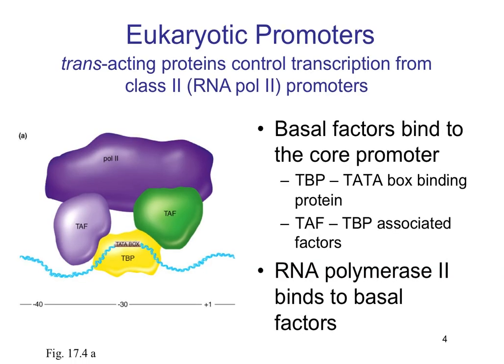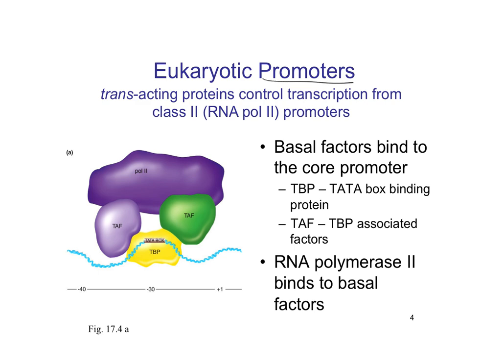Okay, moving on. Eukaryotic promoters. Remember the promoter, the generic on-off. In prokaryotes, we had an operator, a promoter, regulatory sites, terminator, all that kind of stuff. Eukaryotes have a promoter. They do not have an operator. Transacting proteins control transcription. Class 2 genes, RNA polymerase 2 promoters, the mRNAs. We'll just say we're going with mRNAs. We didn't have time to talk about transcription of any of the other RNAs, rRNA, tRNA, siRNA, microRNAs, all that stuff. Super interesting, but we're out of time.